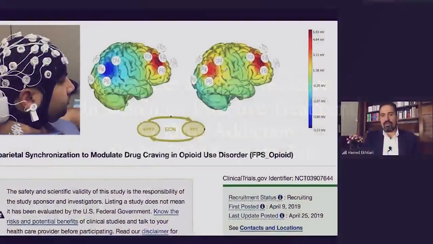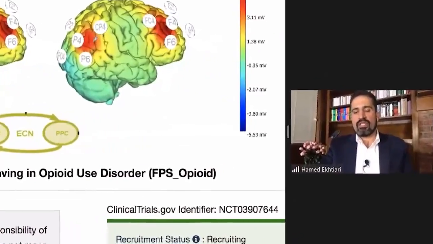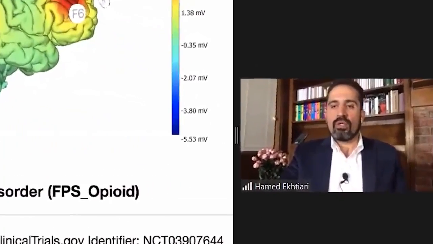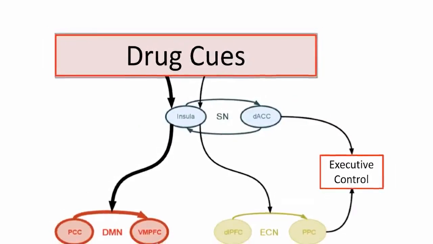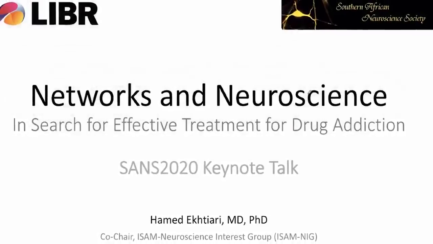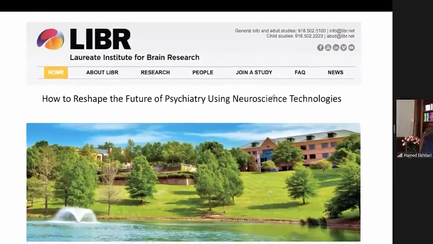So we do the stimulation in both sides, trying to modulate the connection between these two areas, which synchronize, but we can also do non-synchronized stimulation. There are specific activations in areas related to default mode network. The talk I'm going to give you today would be about neuroscience and how neuroscience could reshape